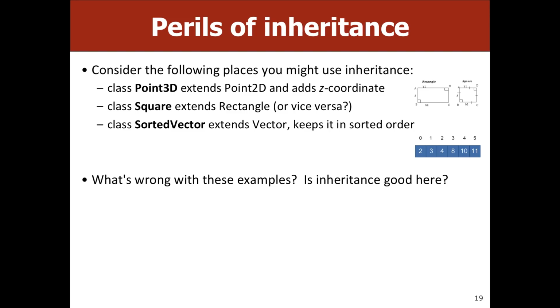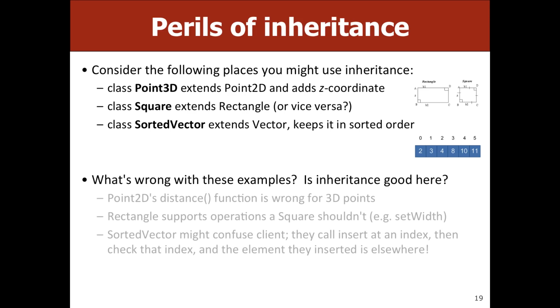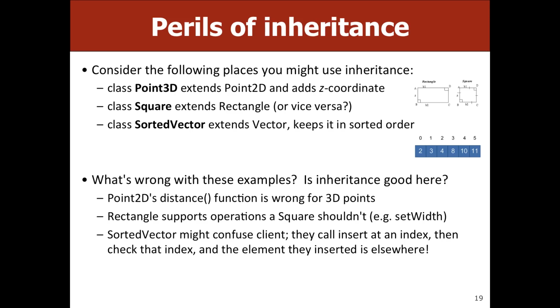What about square and rectangle? How many people think you should? How many people think you shouldn't? Okay, and how about sorted vector and vector? Should and shouldn't. Okay, so actually in all three of these cases, inheritance isn't quite the right approach because